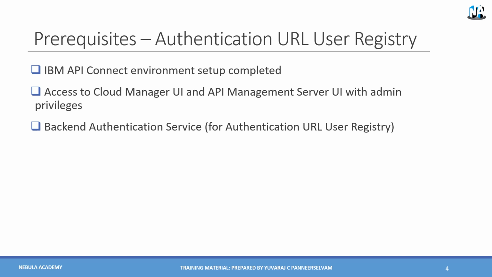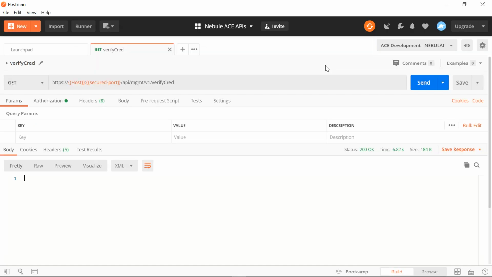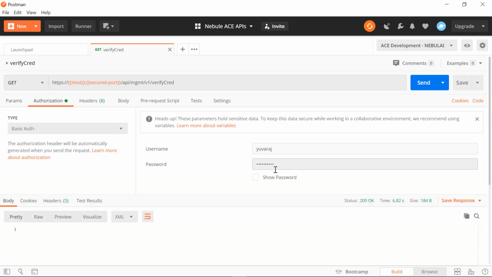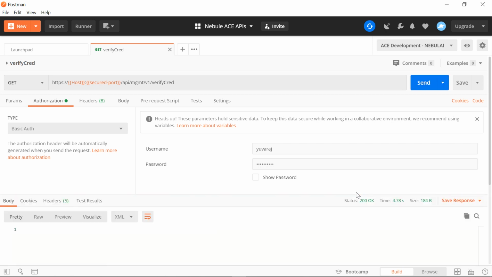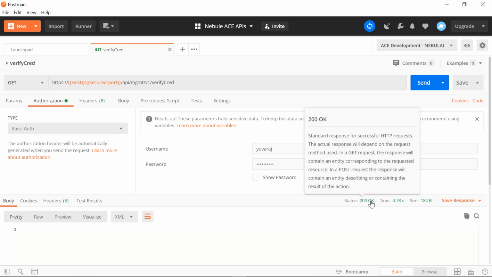So let's move on for the demonstration. I already have a microservice created, a REST API created using my IBM Integration Bus, right? So I have a user authentication service hosted on my IBM Integration Bus environment, which takes in the user credentials as a basic auth, the user ID and password in the basic auth header. When invoked, it's going to verify against LDAP, the backend LDAP identity provider, and let me know whether the credentials are valid or not. So it'll return a 200 OK if the user credentials that are passed are correct.